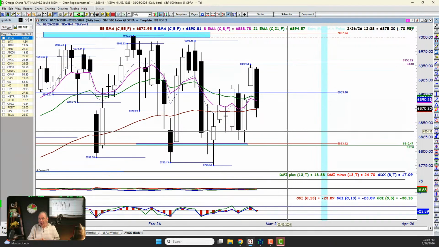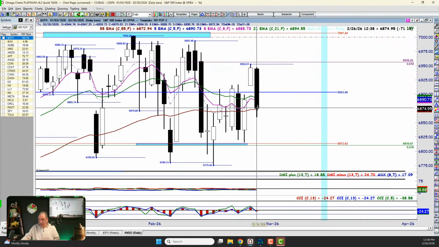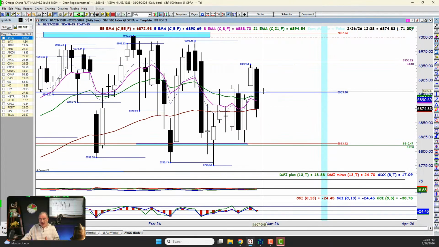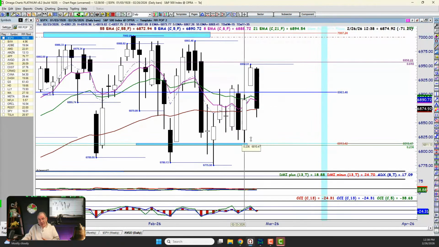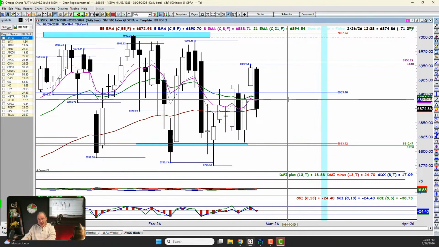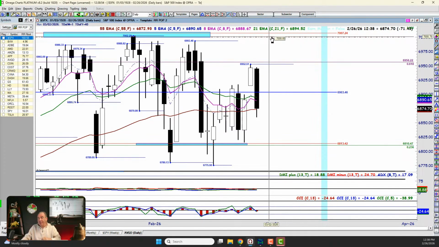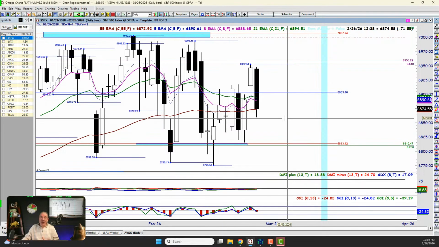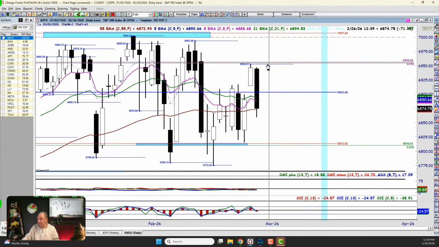So what has to happen? Well, we're going to break down through the lowest moving average, put me in a bearish bias. We're going to break above the highest moving average, put me in a bullish bias. And I'm okay with either one. I would rather have the bullish. I'm still fighting for that bull, trying to get that upside. But there are some key levels on here that you've got to manage or watch. And if we break those key levels, whoo, that's where my concern steps in. And you'll understand those before we leave here today.